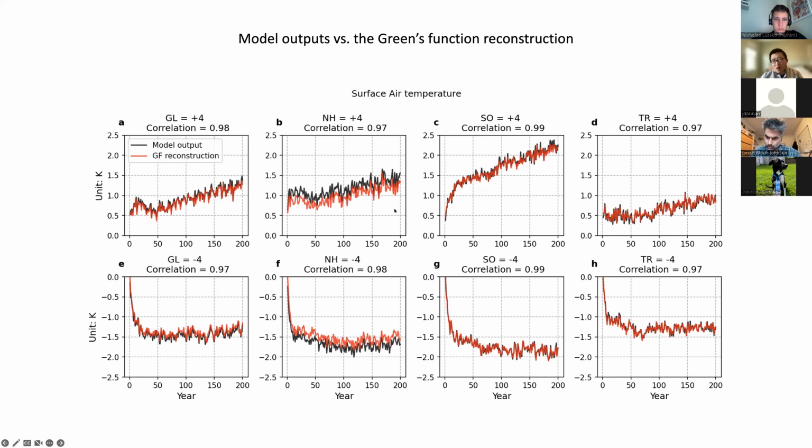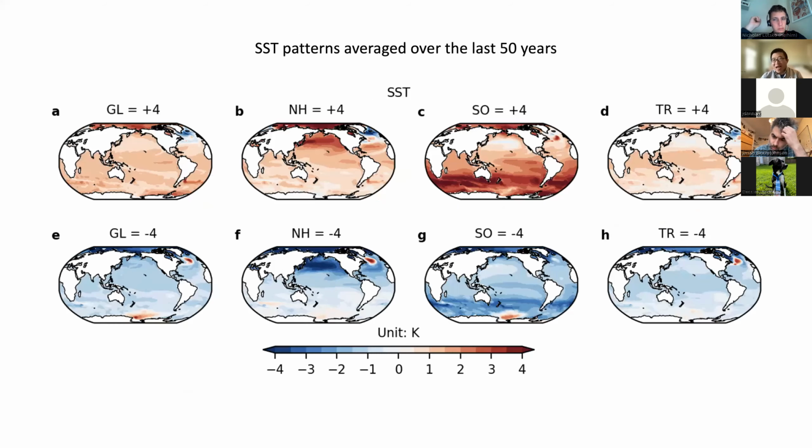But here, let's say for the Northern Hemisphere, Southern Ocean, tropics, if you look at the SST patterns, it's not that uniform, right? There's still large spatial variations. You do see some patterns there. So the Green's function here does capture these global warming responses, but there should be some caveats. So I would say this is more like a qualitative assessment instead of a quantitative analysis.